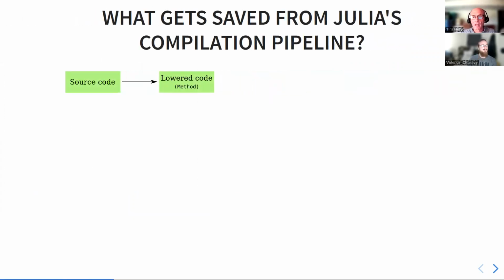So we're going to talk today about what gets saved currently from Julia's compilation pipeline and what we're doing to try to extend that. So when you write source code, you're editing a text file, and that's your source code file. And the first thing that Julia does, and there's a concurrent talk going on this very topic right now that I'm looking forward to watching at a later time myself,